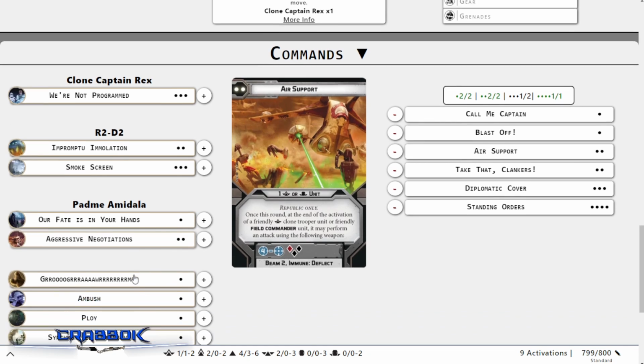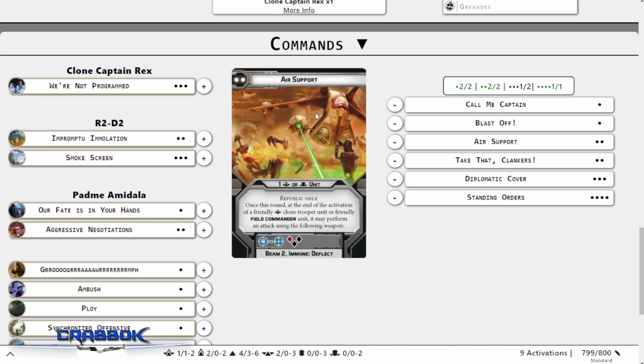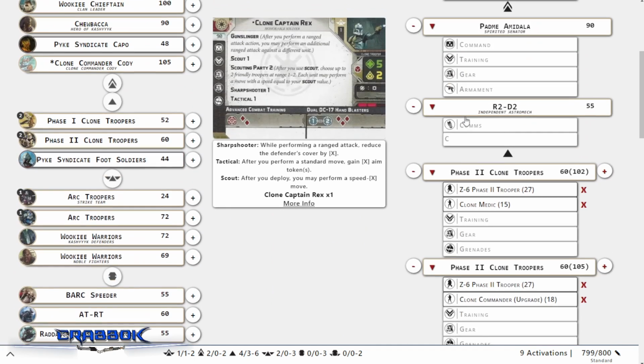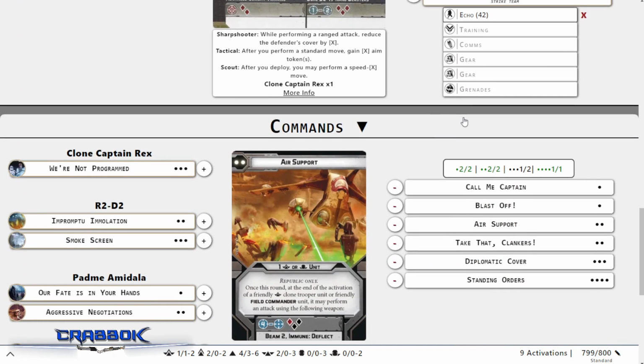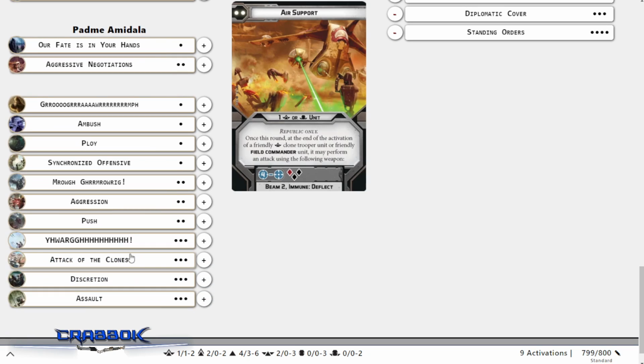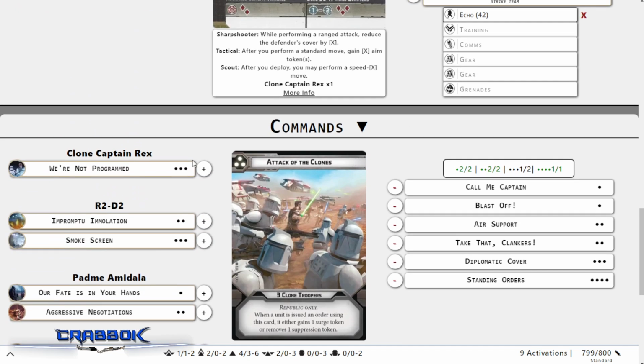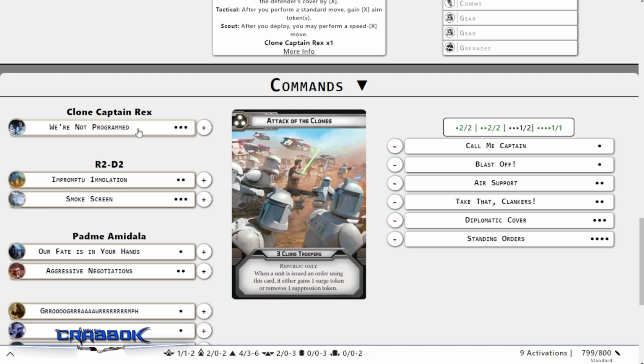Okay. So then that's our 2, and then... And in case Rex dies, too, one of my other clones would be able to use this, as long as I make another clone my commander. I wouldn't want to make Padme my commander. We've got room for a 3 pip, and we could go with Attack of the Clones. Whenever they're issued an order using this card, they're going to gain a Surge or remove a suppression token, versus